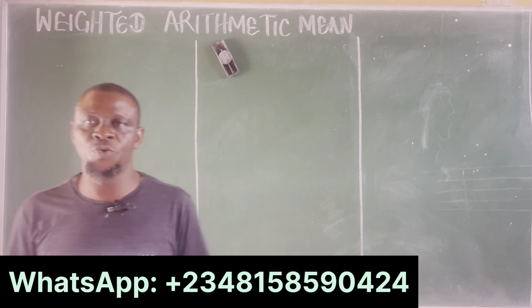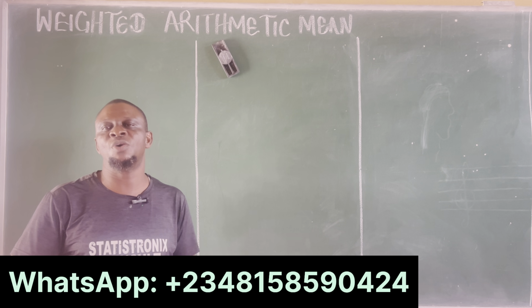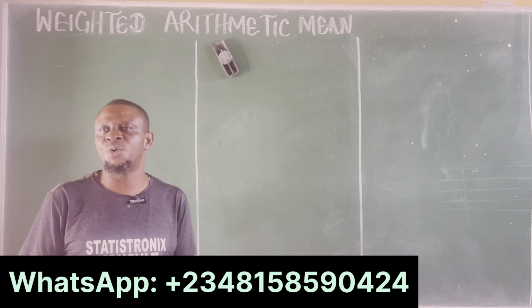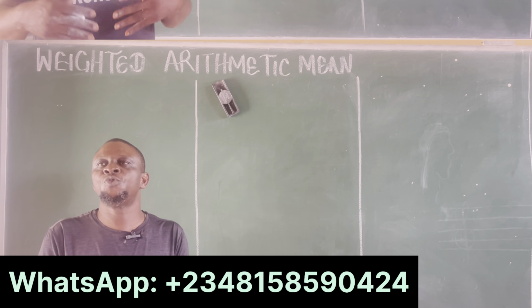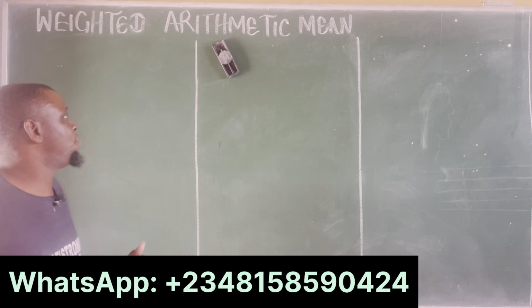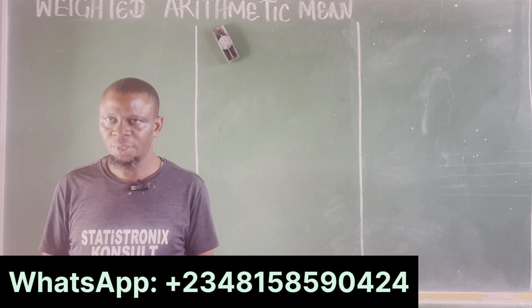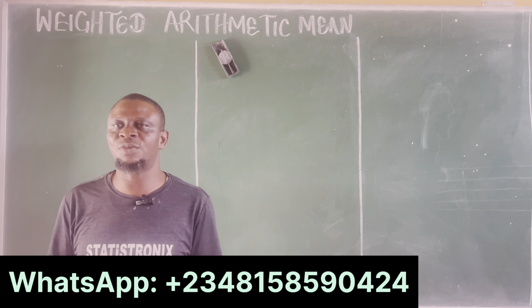Now, in our previous class, we extensively discussed the arithmetic mean. And we told you that the arithmetic mean of a set of numbers is the summation of those numbers divided by the number of times they occur. Now, when you do that, the importance is equally distributed among the items. For instance, if you have the scores of 5 students in an examination, say these 5 students are rated over